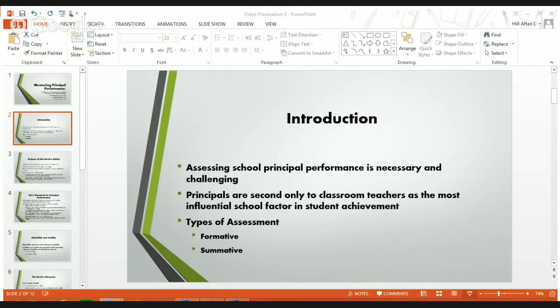It consists of 72 items, and it produces a quantitative diagnostic profile, which is like a number profile. And it is linked to the ISLLC standards that I discussed at the beginning of the presentation. It takes about 20 minutes, and the reliability of this assessment is high, as it gives a 0.98 for all 12 skills on different forms.